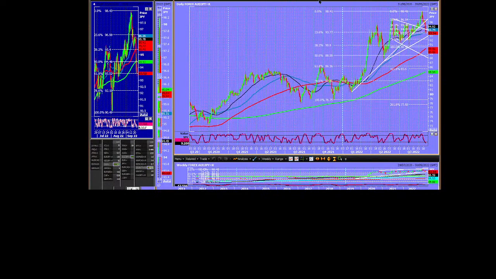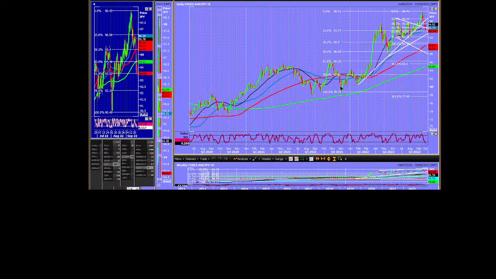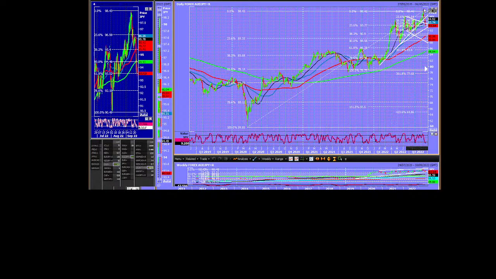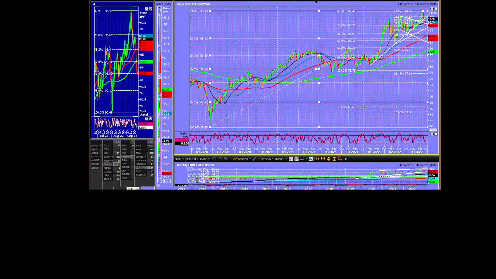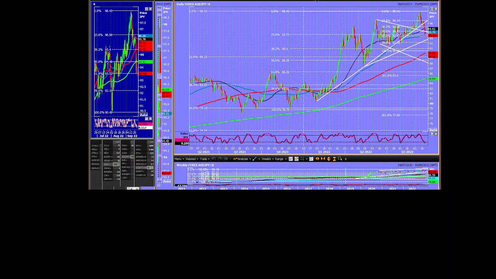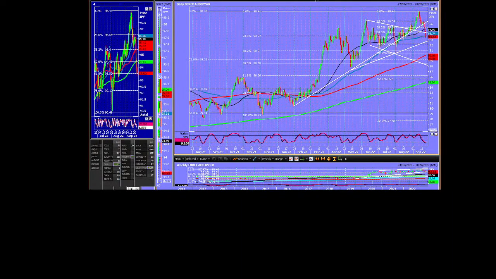So we went up, we had a consolidation. This is what I should really do: I should put my fibs going all the way back. This is what I like to do. So I should have a fib from here, which is that COVID crash low, take it up there if I really want to go back as far as I can. And then I'm looking to take some fibs from here, which I haven't done yet. But I think it's reasonable because this was a consolidation phase throughout the whole of 2021, really, and it was only then that we took off. So I'm happy to take my fib from that level, which was when the second phase of that bull market started. And then off we went.